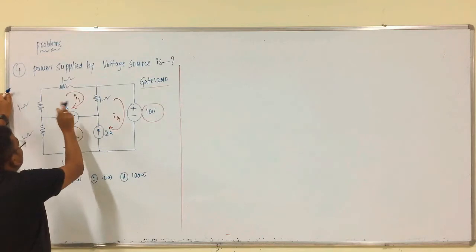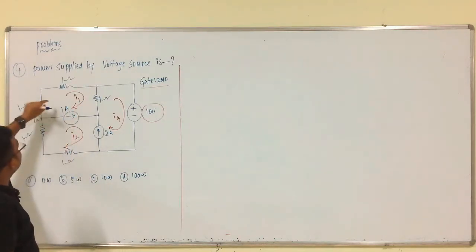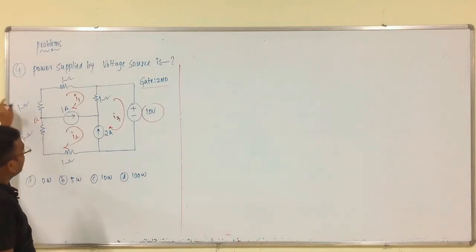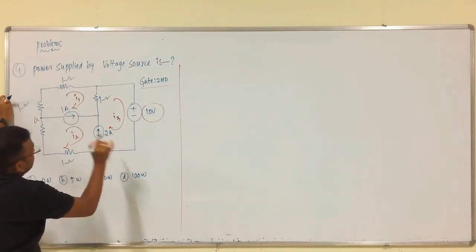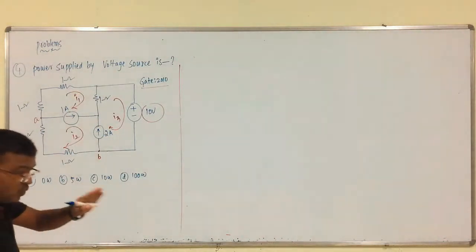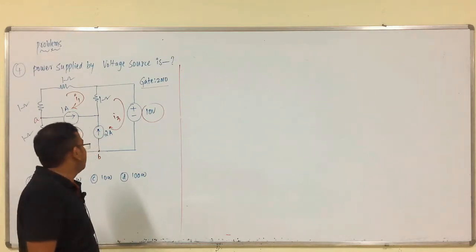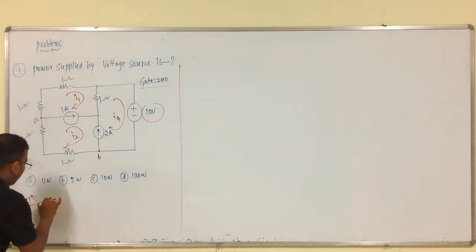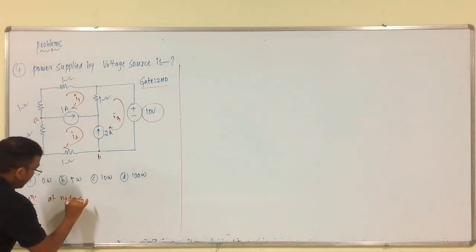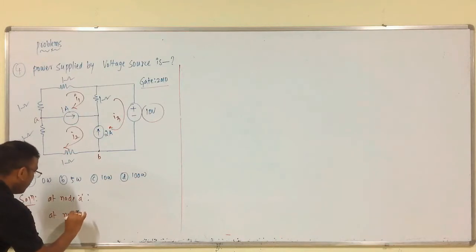Therefore, to represent this is A. Between loop 1 and loop 2 we have one node. So, this 2 amps is present between loops 2 and 3. So, this is B, because in 3 loops we have 2 current sources in common. Therefore, the solution at node A and at node B.